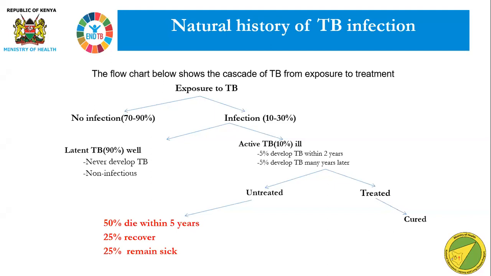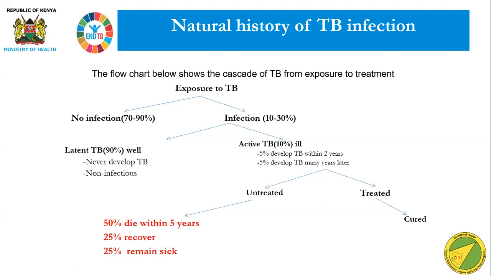People diagnosed with TB were just taken to a sanatorium, especially in Europe, where the health system was already developed before African countries or the continent. So they were left to die peacefully because there was no treatment. 50% of these TB patients die within 5 years from diagnosis. 25% of this population with active TB will recover owing to their strong immunity, but 25% of them remain sick,